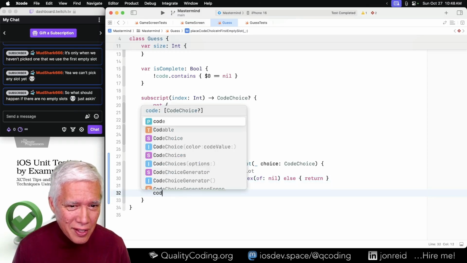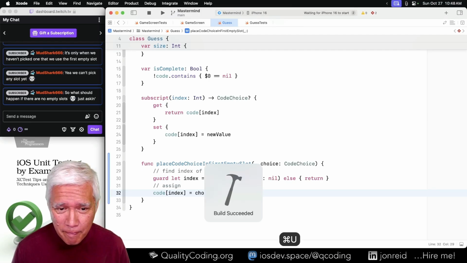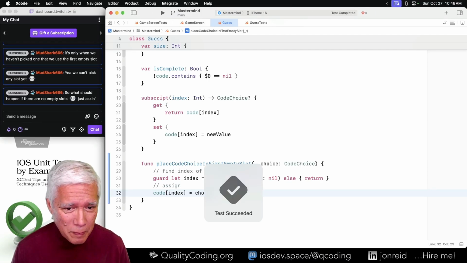And then say code index equals choice. I believe this will pass. Okay, clean it up.